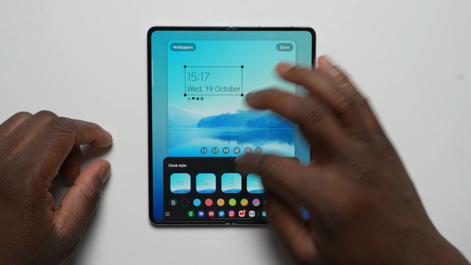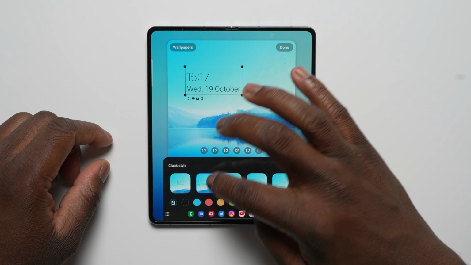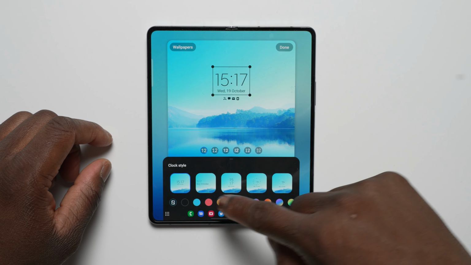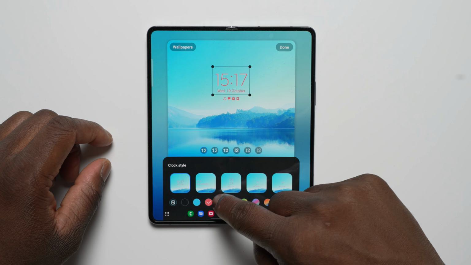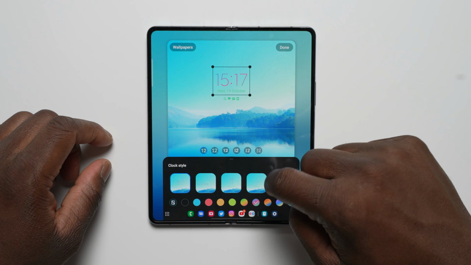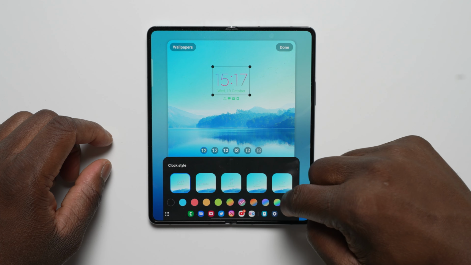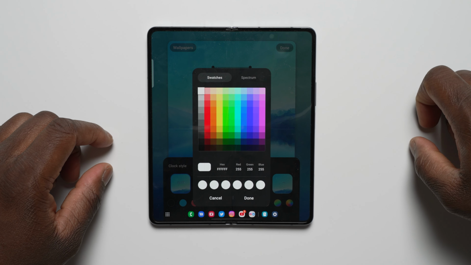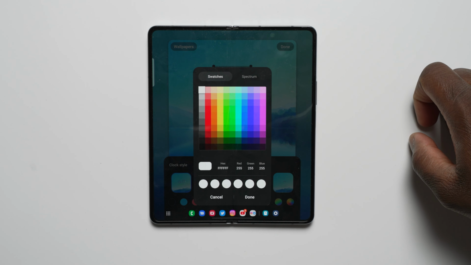But for a quick reminder, you do have the ability to resize and pick between different clock style widgets. You can also pick between two different notification styles from icons and details. You can also add your contact information for when your device is lost and found, and also change the app shortcuts on the home screen to the choice that you would like for the apps, and also apply different filter